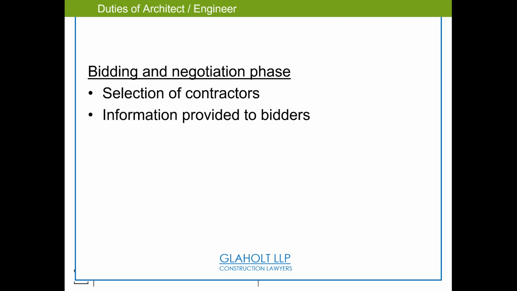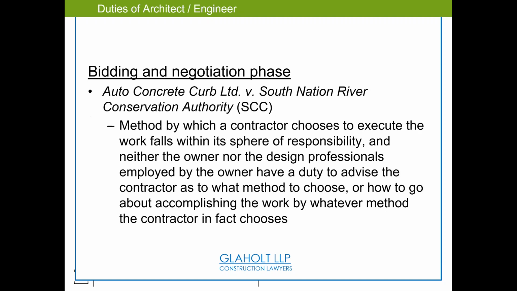Bidding and negotiation, we aid in the selection of the contractors. This is in your typical design-bid-build, and ensure the information provided to bidders is consistent and meeting all of the bid laws. What does that mean to the BIM coordinator? If we hand the model to one bidder, we better be handing that model to all 10 bidders. Everybody needs to have that fairness. And we have an example here with some case law that was done. So the examples they chose, that in the negotiation phase,